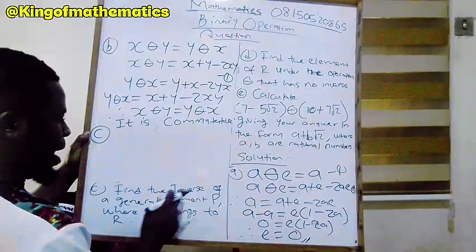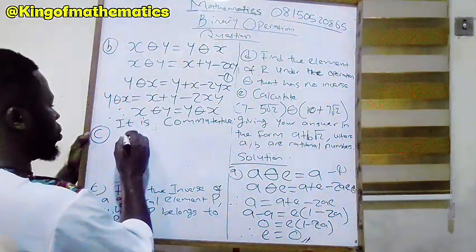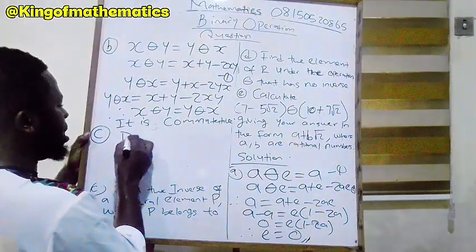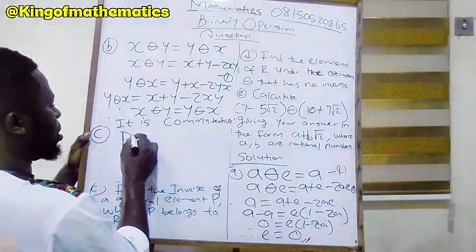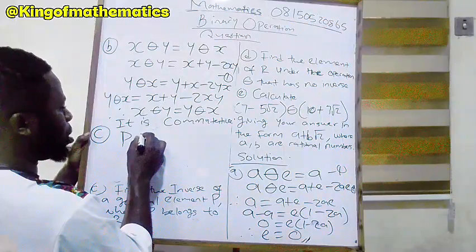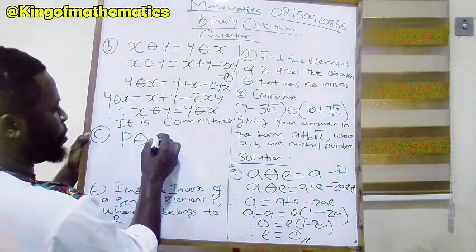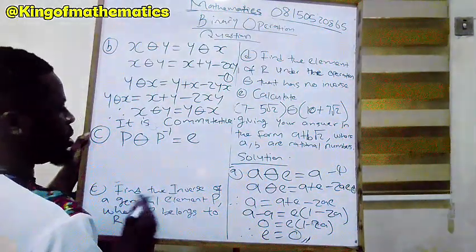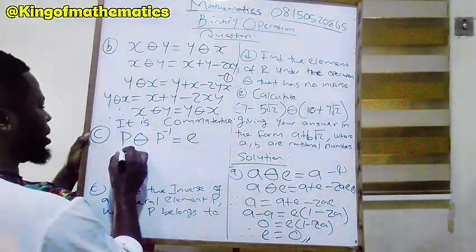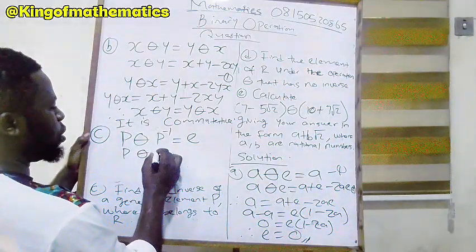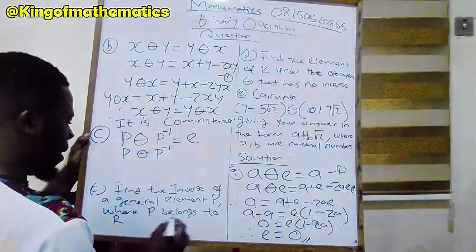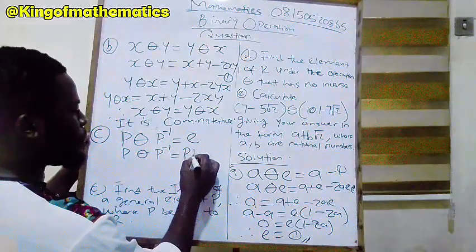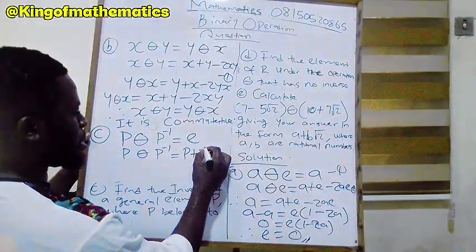So we are told to find the inverse of the general element P. Normally, P operation P inverse should give us the identity element. Then following the law, P operation P inverse, because we are finding the inverse of P, will give us P plus P inverse